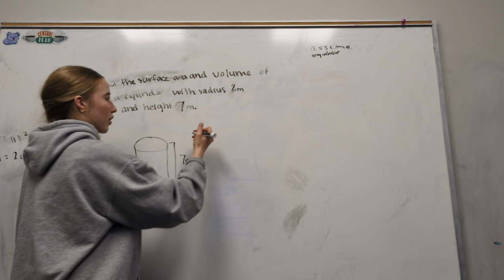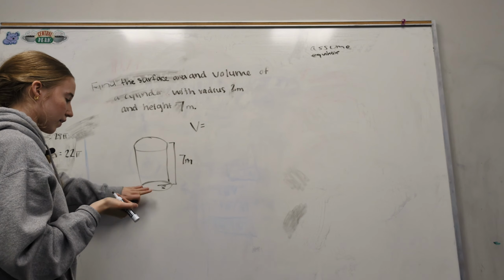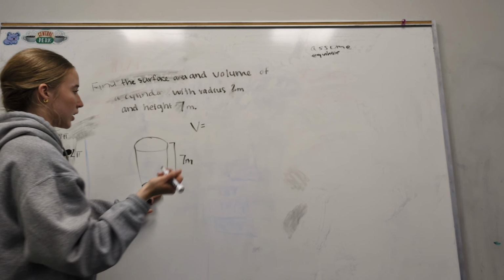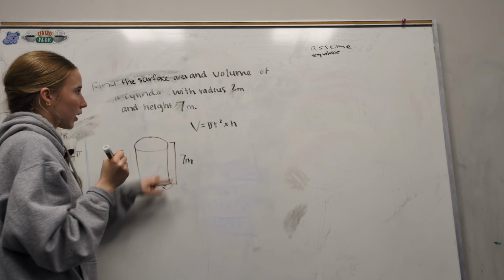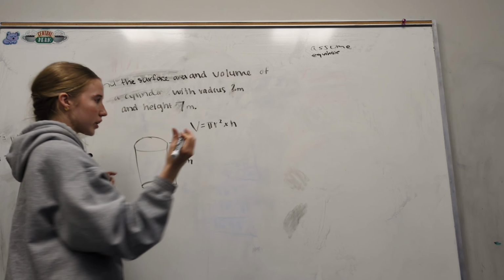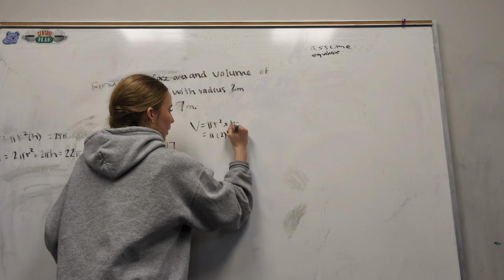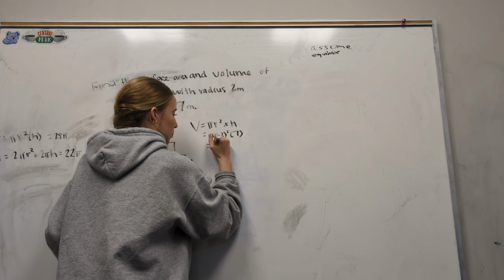If we're starting with the volume, for any prism like this, you're going to find the area of the base and multiply by the height. So the area of the base is pi r squared times height, and then we're going to plug in our numbers 2 and 7 into that equation. So it's going to be pi times 2 squared times height of 7, which is going to be 28 pi